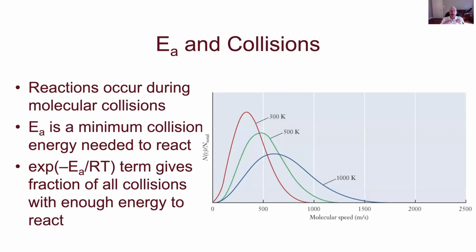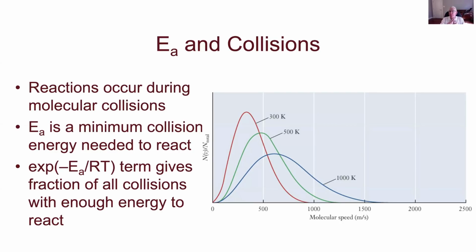So the graph that's there is actually a graph we looked at quite a while back, when we were talking about gases. It's molecular speeds. The speeds in there, I think, are for CO2 at different temperatures, but it's not too important what molecule it is. How does this activation barrier slow down or speed up the reaction depending on its size? The idea is that in order to react, the minimum thing the two molecules are going to have